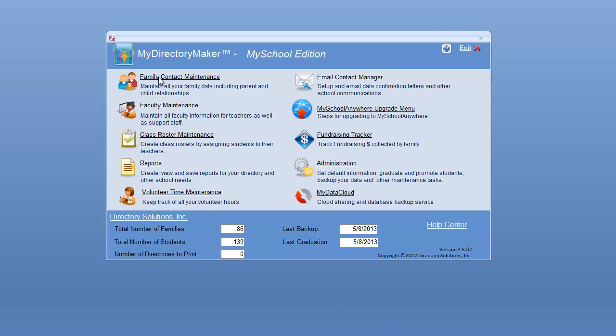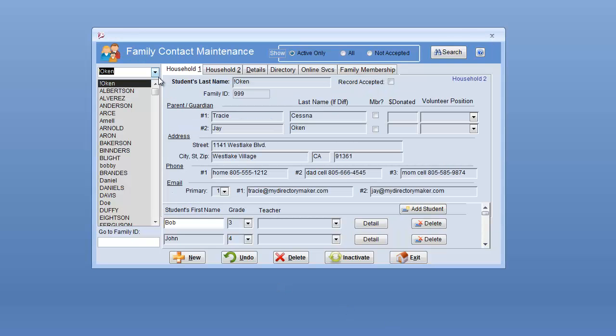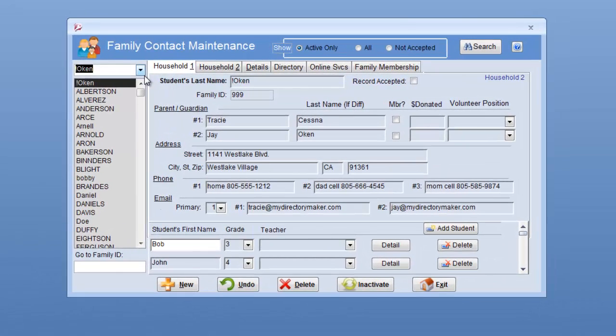Here in the desktop application, we'll go to the Family Contact Maintenance form. You'll see in version 4 of the MySchool Desktop that we have parent first names, parent 1 and 2, and we have phone 1, phone 2, and phone 3. Notice that these aren't directly linked to the parents. They may be logically linked, or